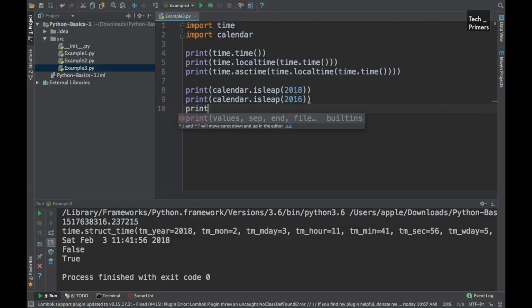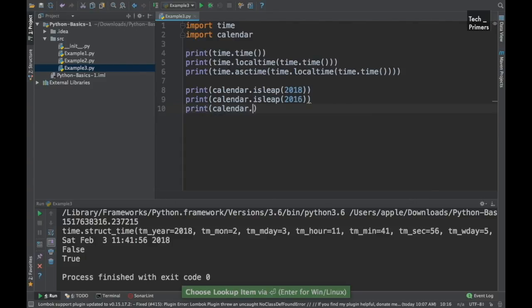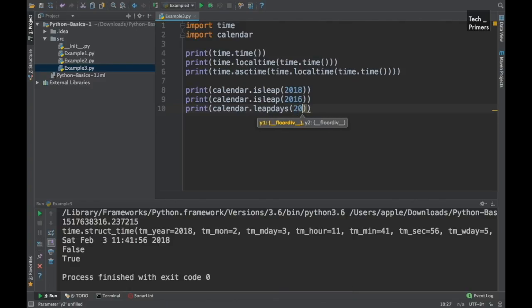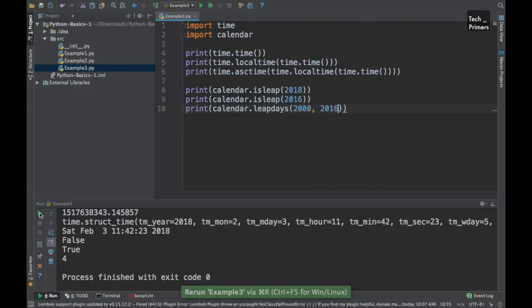So some more functions inside calendar could be leapdays. So it shows how many leap years were within a year range. Let's say from 2000 to 2016, how many leap years were there? So this leapdays will calculate how many leap years were present between these 2 years. Similar to that, we have